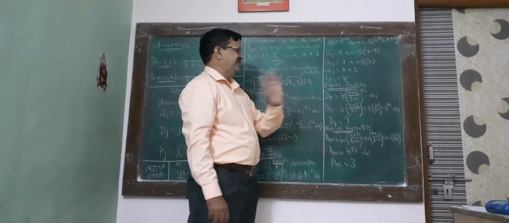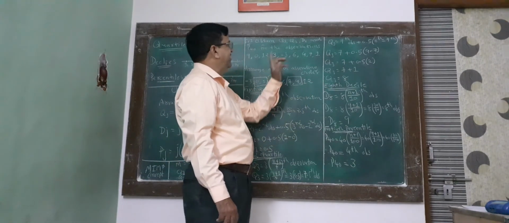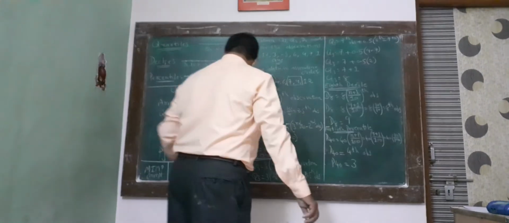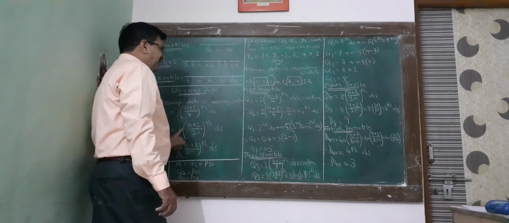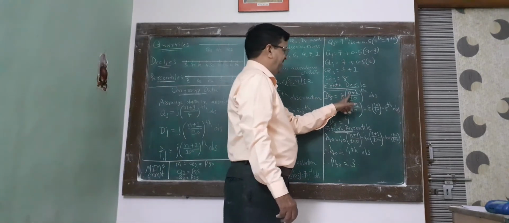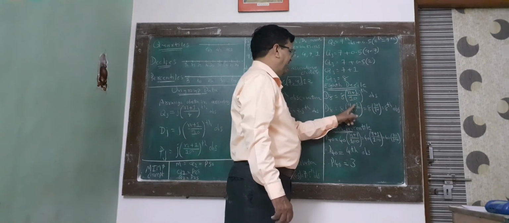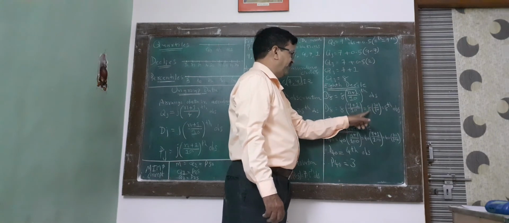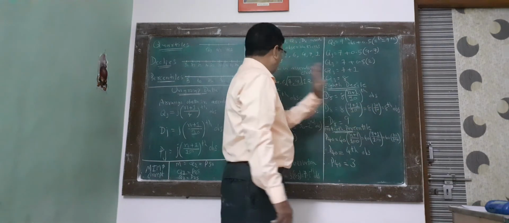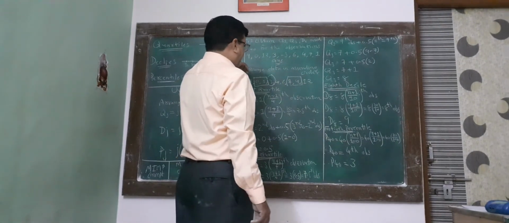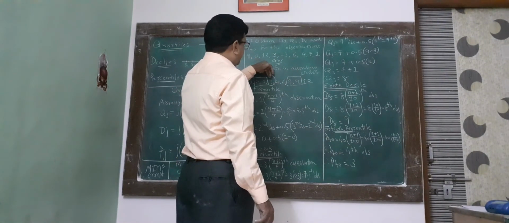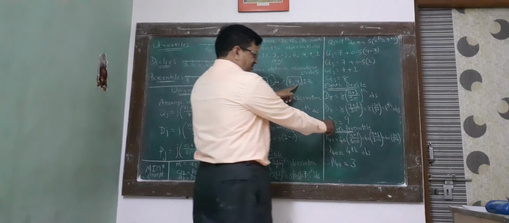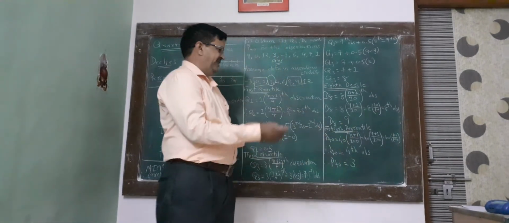Now the 8th decile, you have to find the 8th decile, D8. So the Dj formula, j is equal to 8, (n plus 1) by 10. 9 plus 1 is 10. 10 by 10 is 1. 1 into 8 is equal to the 8th observation. So the 8th observation is your 8th decile. First, second, third, fourth, fifth, sixth, seventh, and the 8th number is 9. So D8 is equal to 9.